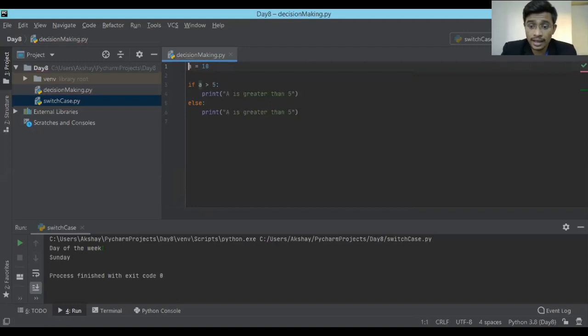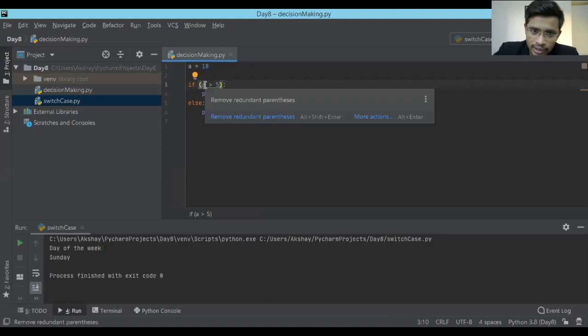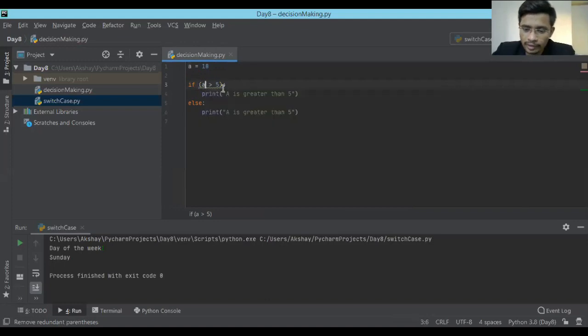It is just the syntax of Python, and this is how everything works in Python. So there will not be brackets; in other programming languages there will be parentheses right over here. But if I do it like this, it is already suggesting that I remove the redundant parentheses. It is not at all needed.